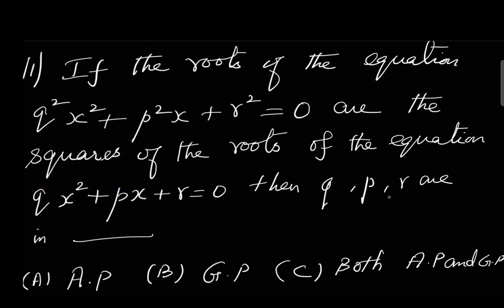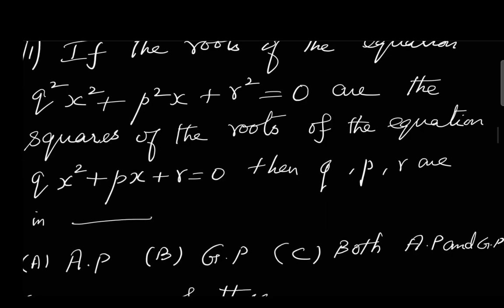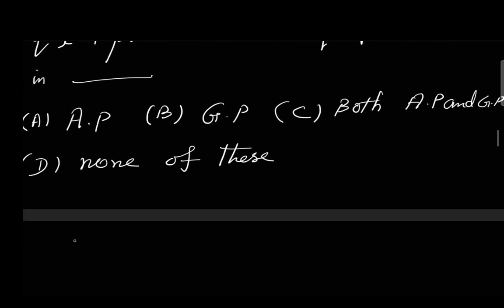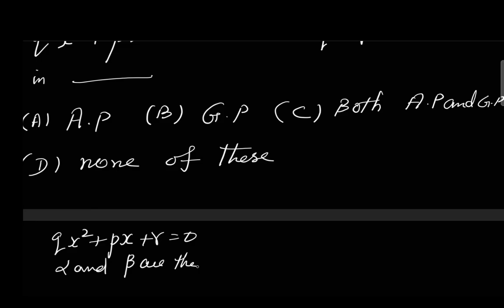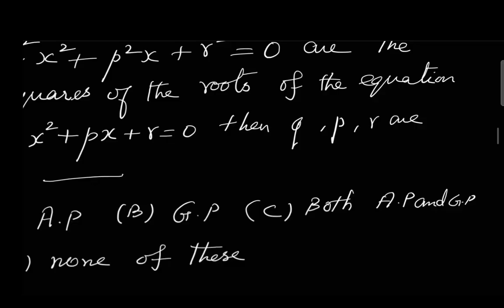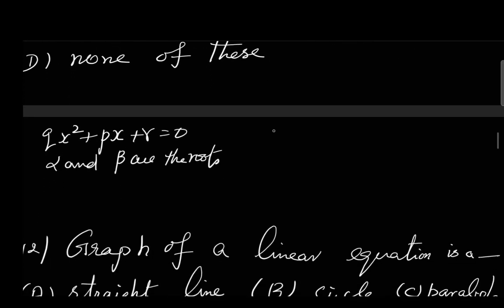Q, P, R in dash. See, if the roots of the equation are the squares of the roots of the equation. So first let me take the roots of this equation, qx squared plus px plus r equal to 0. Alpha and beta are the roots. So therefore the roots of this equation are squares of these roots. So alpha squared,